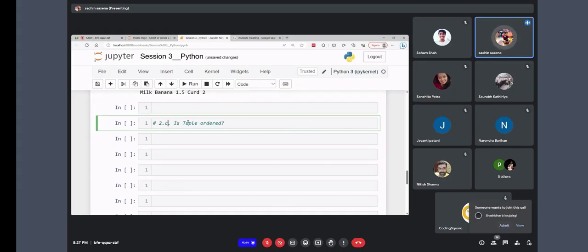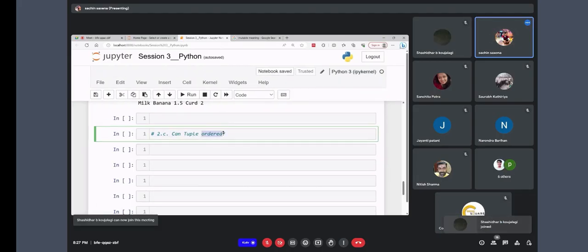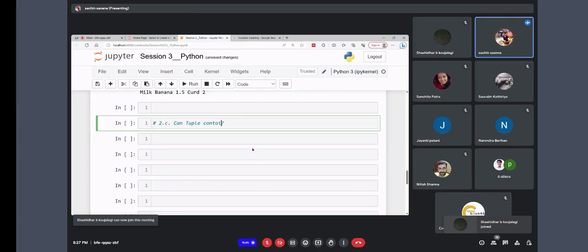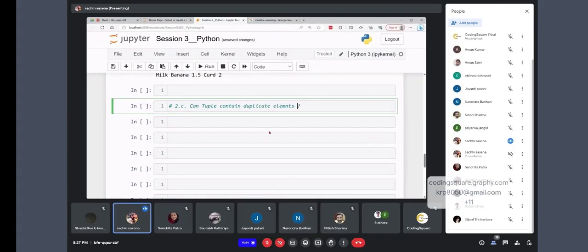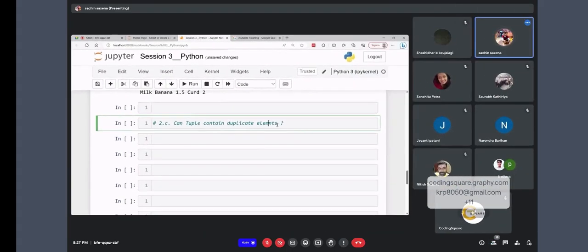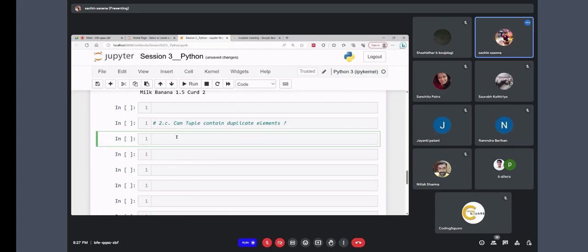The third part we have: can a tuple contain duplicate elements or not, right? That's question number three. So here we have the third value. Let's say